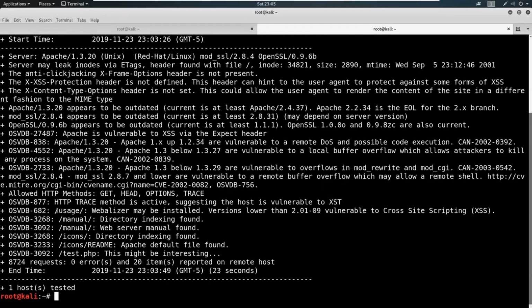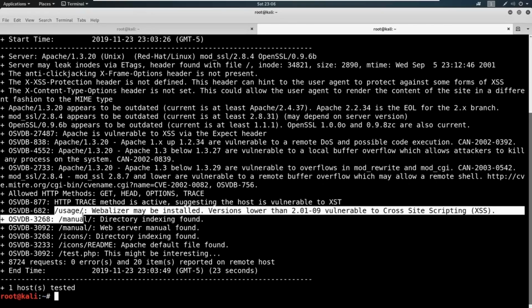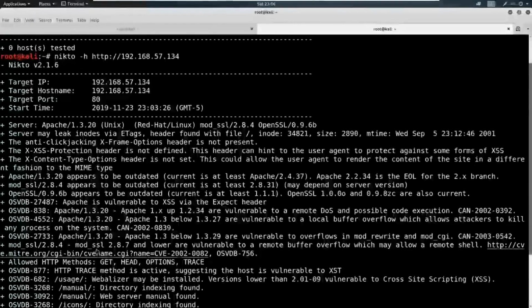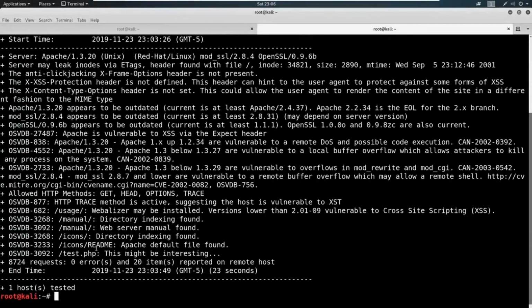So we're coming through. It does a little bit of directory busting for us. So what that means is it's just going to come through here and it's going to run a word list, and that word list might have like admin, usage, manual, right? Test.php. It's got all these different items that it found doing this word list. Now we're going to do a little bit of directory busting here in a second. So we'll save this scan and we'll keep this in our notes,